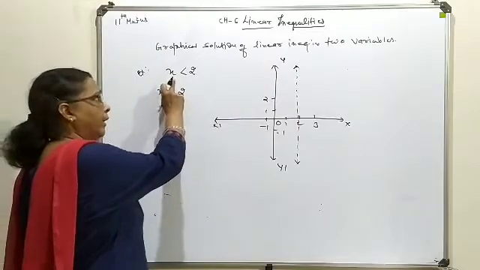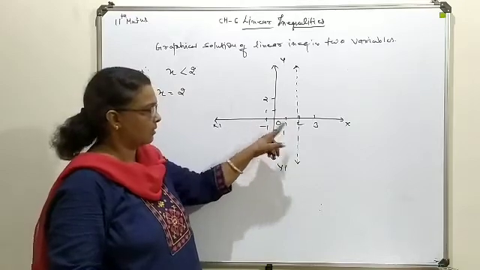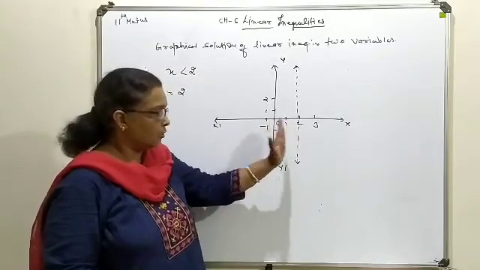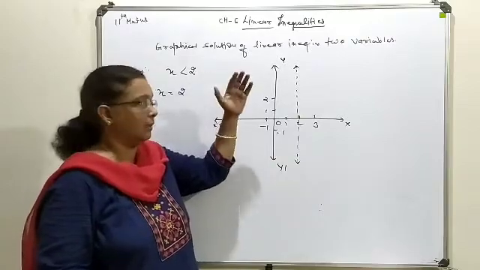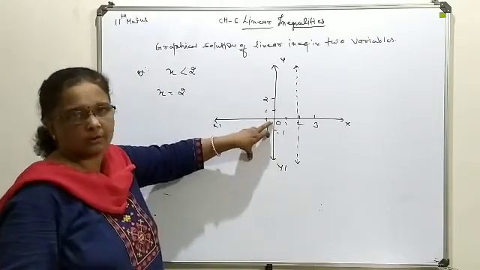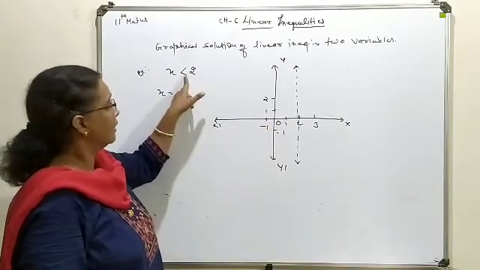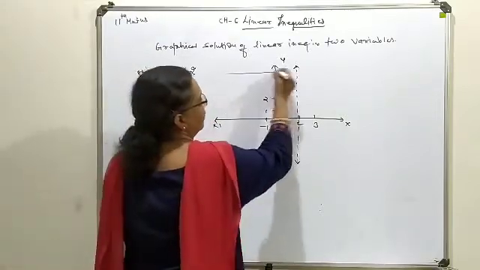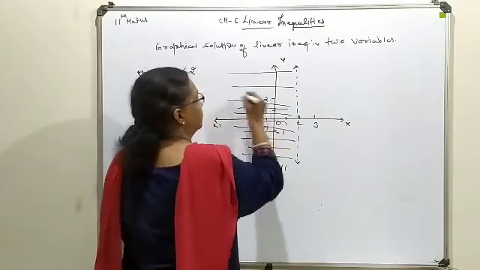Now x is less than 2. You see this side we are having numbers on the x-axis which carry values less than 2. Means just look at the left or right of this line, whichever side satisfies your inequality, that side only you make your region shaded. Or here you can say the 0, 0 also you can use to make sure about the selection of the side. So here 0 is situated. 0 is less than 2, means towards the 0 side you have to shade the region. So this way your shading will be.